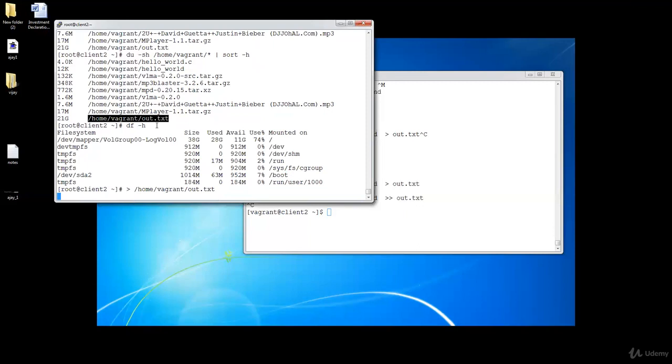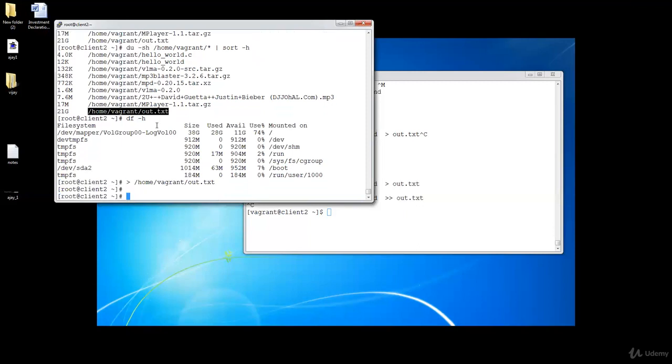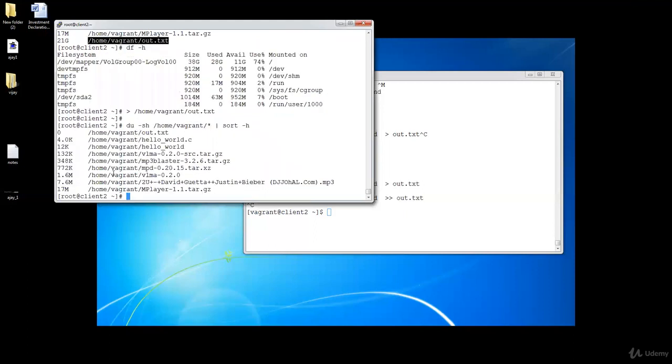It will take some time, it's deleting all the things inside that file. Now if we check with the same sort command and our path, and this asterisk means all files inside this vagrant directory, right? Now it no longer exists, no longer 12 GB, and now vagrant.txt is the smallest one, right?